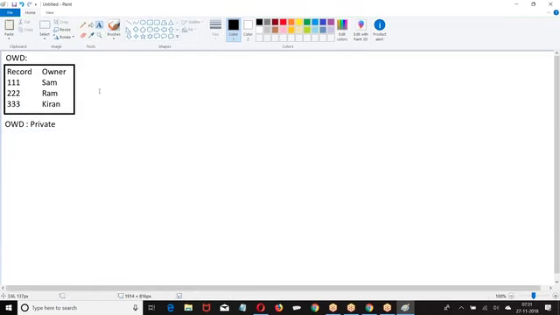OWD private. When you say OWD private, only the owner of the record will be able to see the record. No other user can access the record. When I say OWD as private, only the owner of the record will be able to access it, others are not able to access it.